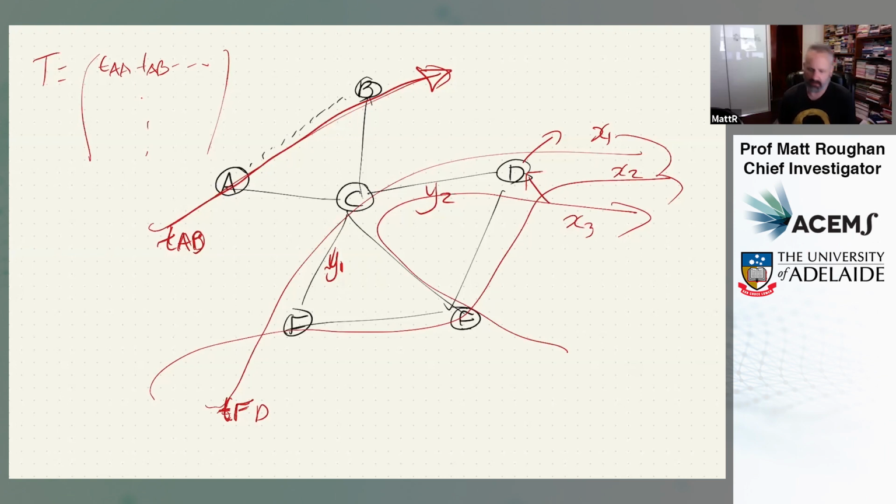And one of the things you might quickly see is that if I zoom in on this link, then the traffic on that link will be made up of all of the traffic that's routed across that link. So I'll end up with an equation that looks like Y2 equals, in this case, X1 plus X3. Look familiar? It should look familiar because I deliberately set this up so I get equations that look really similar to the ones I had before. In fact, I'm going to write this out like this.